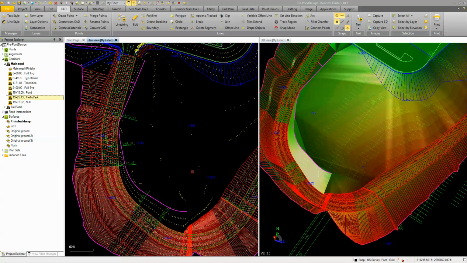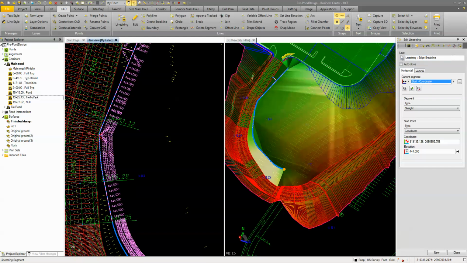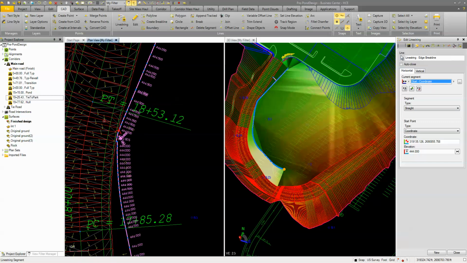Alright, so now what we're going to do is clean up this line. I'm going to come in here, pick this line string, right click and edit, and clean it up a little bit. You can see we've got a lot of vertices in here, because it's using this